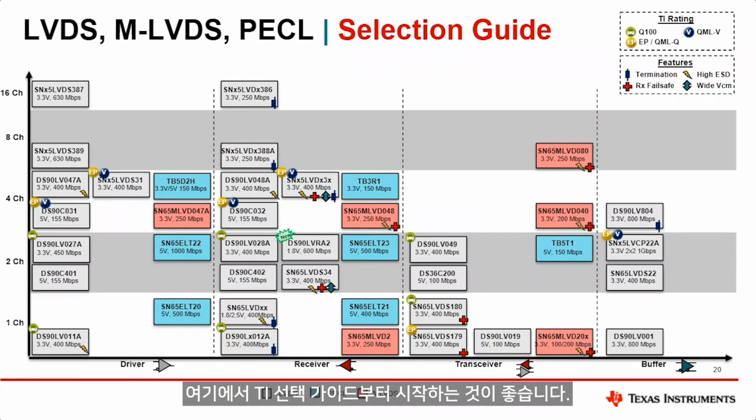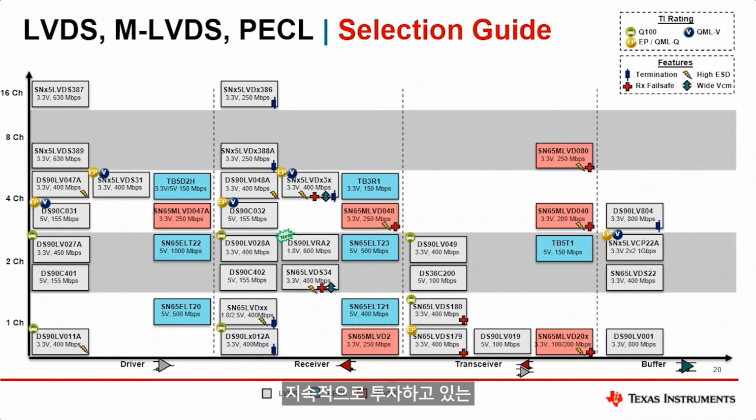I recommend starting with the TI selection guide here. This highlights the key devices that TI would recommend for the different device functions, the different channel counts. It also highlights across LVDS, PECL, which I won't talk to in today's presentation, and M-LVDS. It'll also highlight in the corner the different features that I discussed on the previous slide, and any TI rating as well across automotive, enhanced plastic, and QMLV space. I will highlight on this slide that